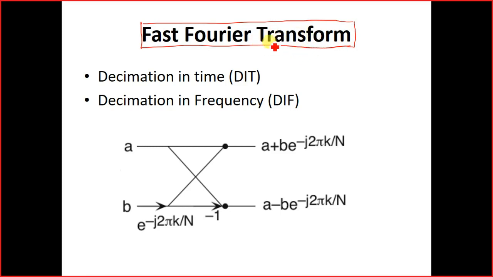Because in its name we have a transform. If you look at discrete Fourier transform, wavelet transform, and whatever the other transforms we talk about, where the name has a transform, that means it itself is a transform. However, in the case of fast Fourier transform, this is not the case. Fast Fourier transform is not a transform in itself.